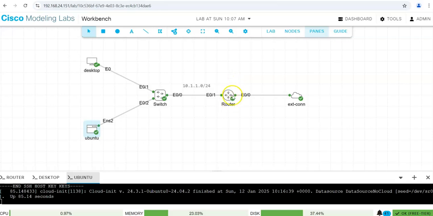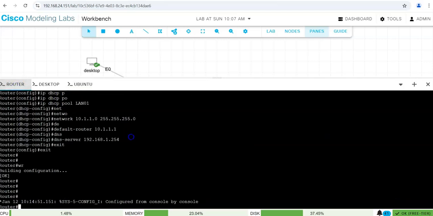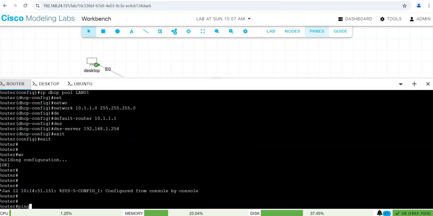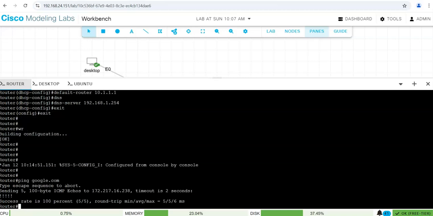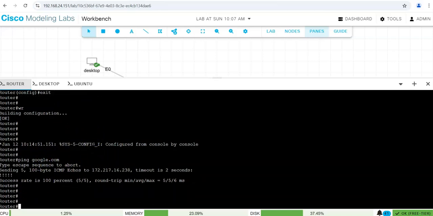They will forward their traffic if they're going to the internet to the router, because that's their default gateway. Now the router will check its routing table if it knows how to reach 8.8.8.8. Since we get DHCP from here, there will be a default route provided also from here to the router. So that means this router will have connectivity to the upstream. Let's go to the router and check ping google.com. The router can reach google.com. That means it can resolve the name to 172.217.16. That's the host name. But the second thing is it has the route as well, because we've provided this interface,